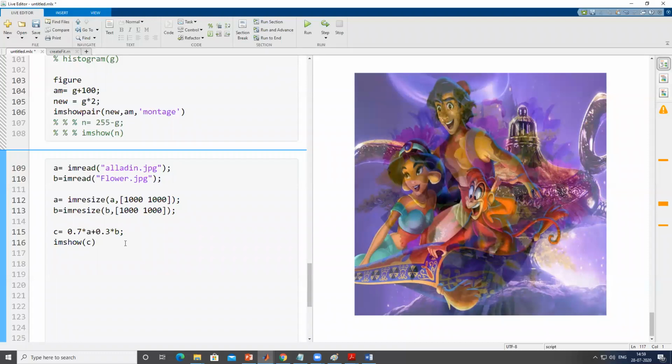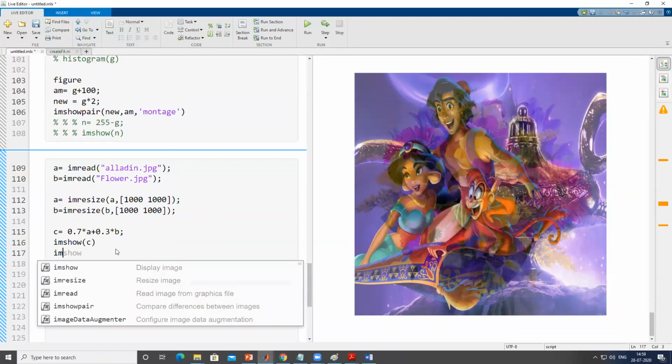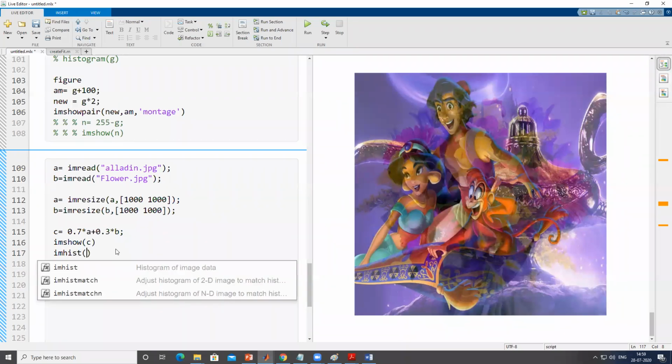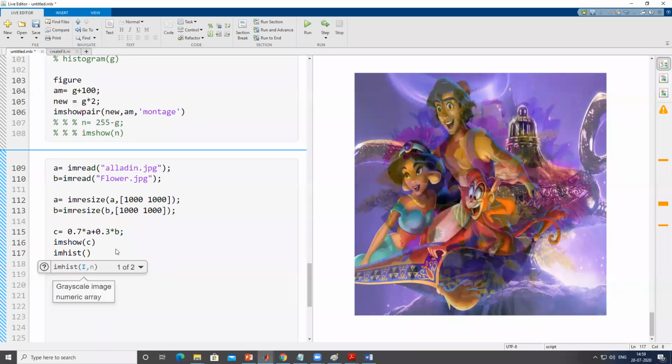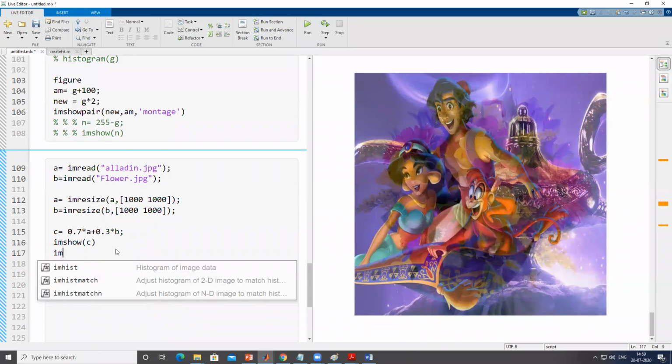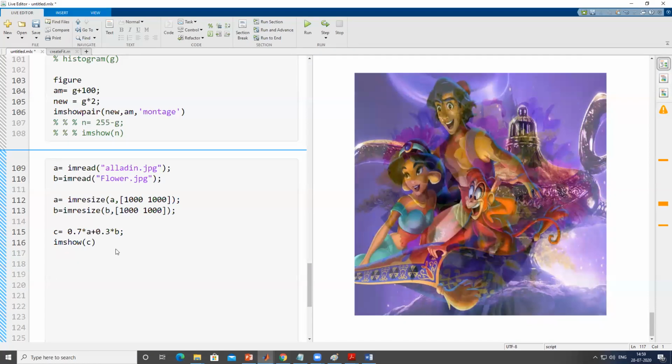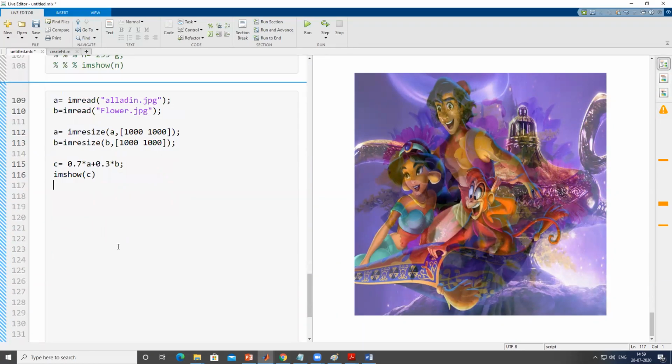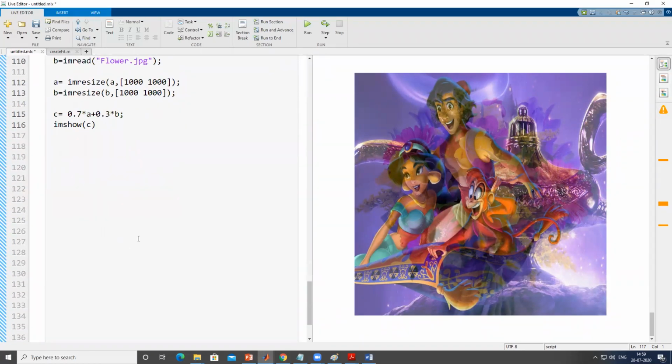We can also use imhist, another feature improvement method, but this has to be black and white, so it doesn't require that. First I'll go through the image segmentation, and later we can see the different methods.